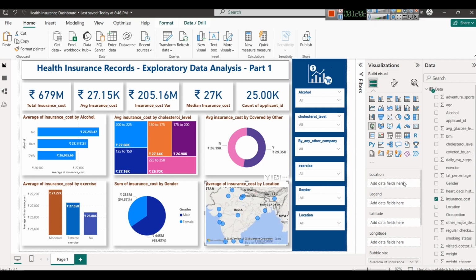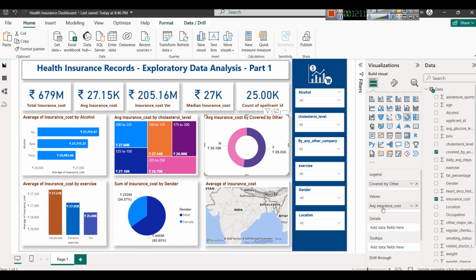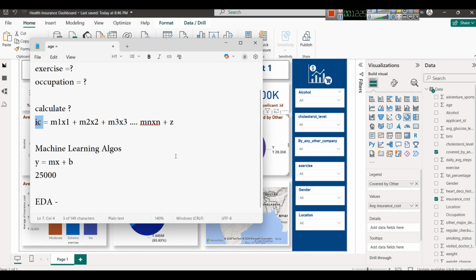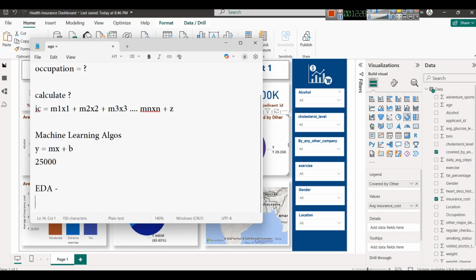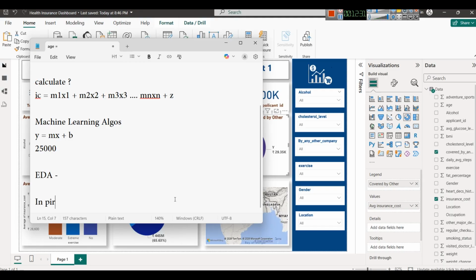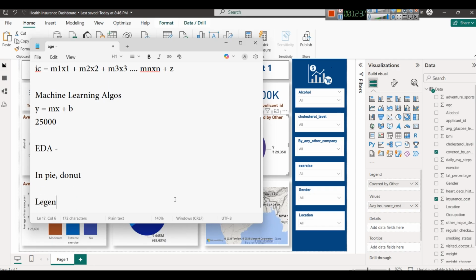So let me show you once again. In every visual like this, there are these fields: legend, value, detail. So in a pie chart or a donut chart, in legend we put a categorical field. I'm just writing here, and obviously we are going to do this a lot, right? So you will eventually get it. So in pie and donut, or anywhere where legend is written, we mostly put categorical fields